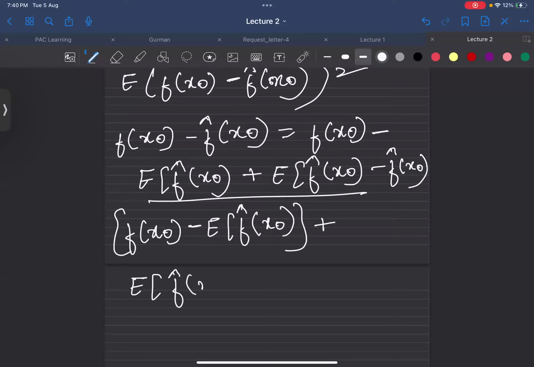Ma'am, can I know which book you are referring to? I'm not referring to any book actually. I'm just going through the lectures only. Here, this I have derived myself, like how the things will be. Though I told you also, there is a reference there, the statistical learning book. Can I know the name of the author? It's written in the Swayam portal only. Maybe I'll mail you once. You can mail me, I'll tell you the references. Okay, thank you. It's written in the Swayam portal only. When you open the courses now, you'll find it there only.